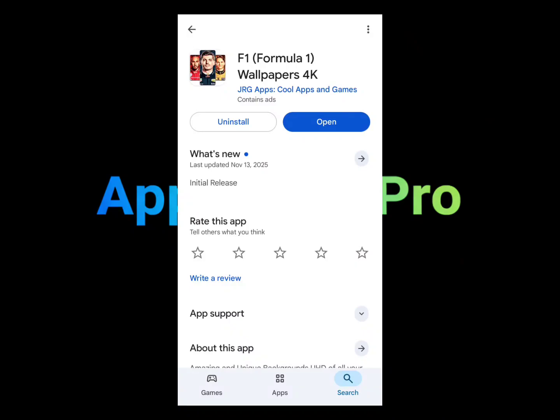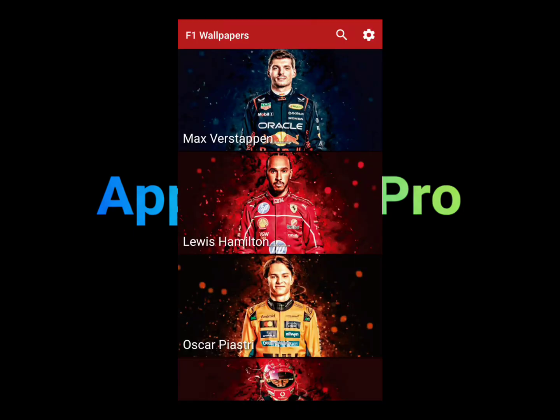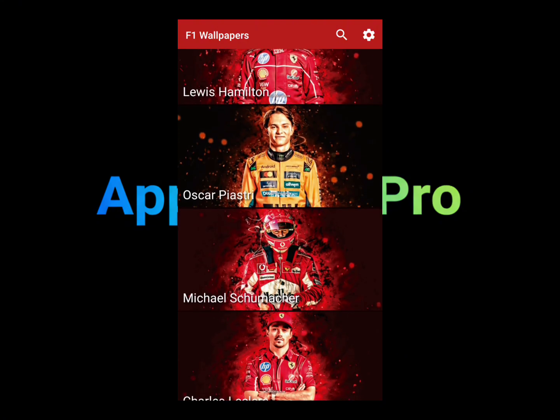This wallpaper app here is called Formula One Wallpaper 4K. So pretty much I'll show you how to use it like a pro. Stay tuned. You get access to a bunch of popular or famous F1 or Formula One races, wallpapers you can see here,